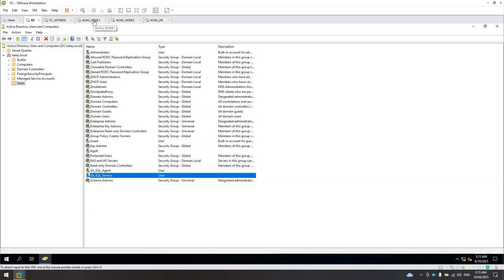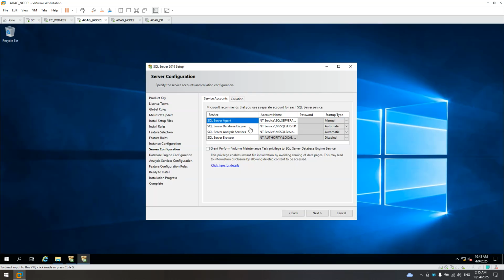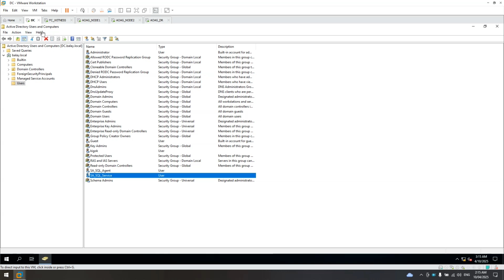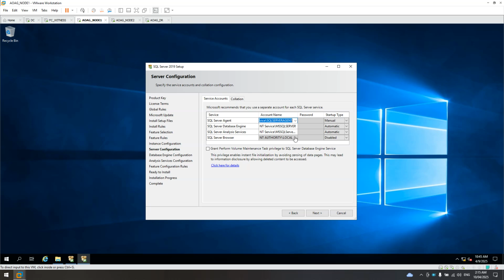Let's go back to node 1. Remember this SA underscore SQL underscore service. For the SQL Server agent, use the SQL agent, SA underscore SQL agent. Okay.